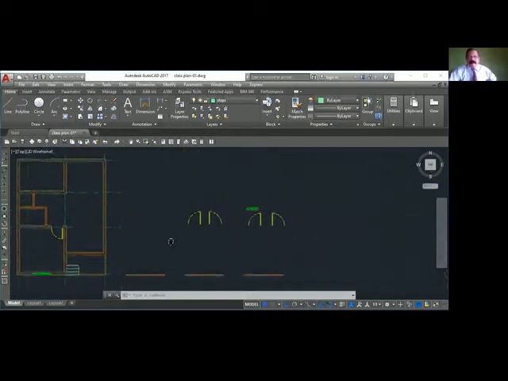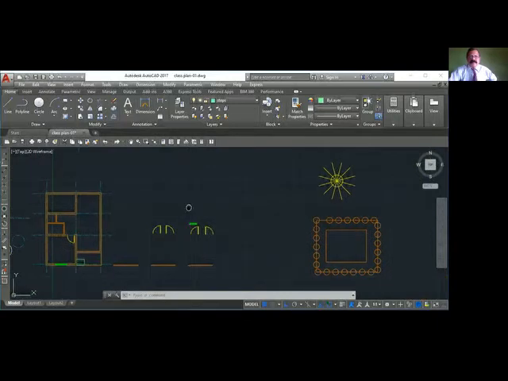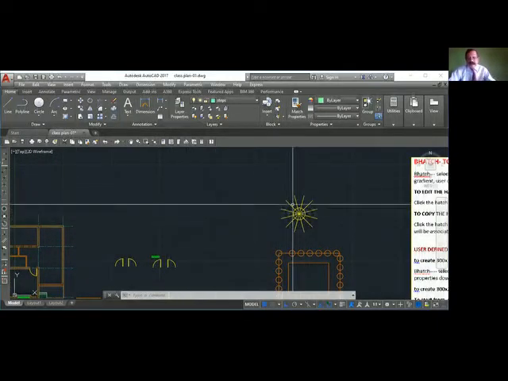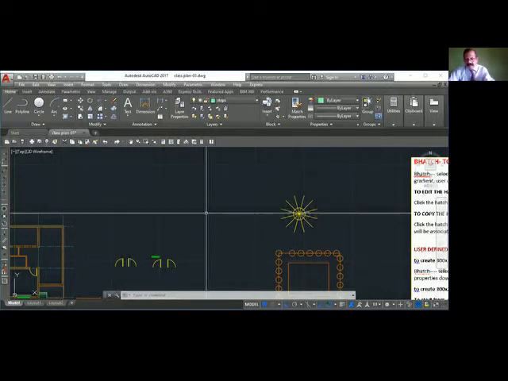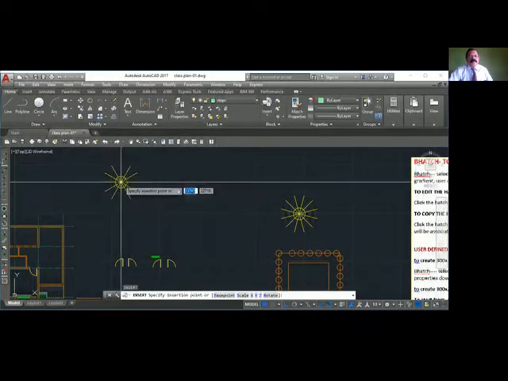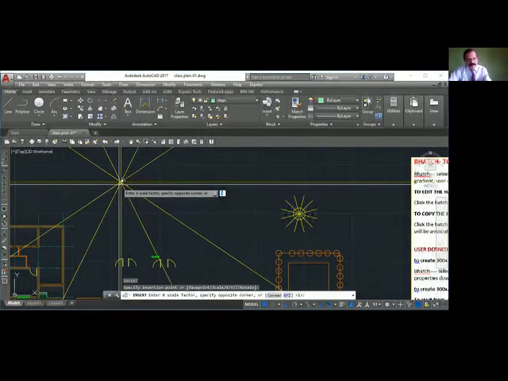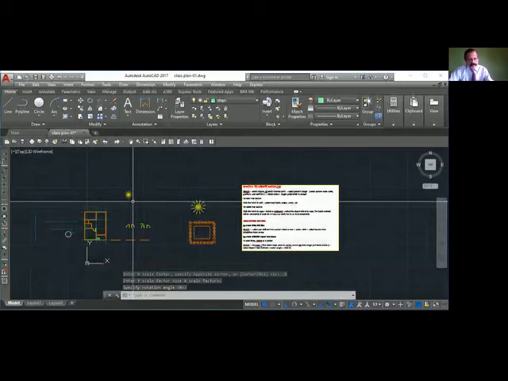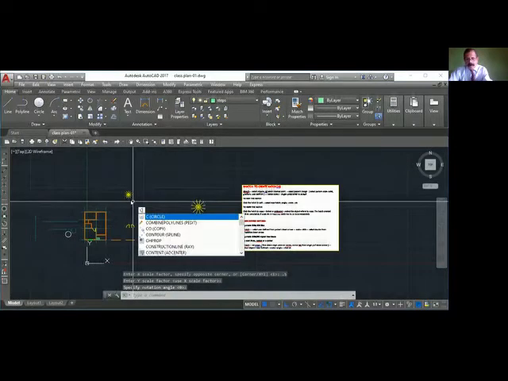Okay. Now let me check one important thing here. This is one of the blocks I made. I'll say insert tree, 0.5. Okay, I inserted one block which is tree, and this I copy or array.